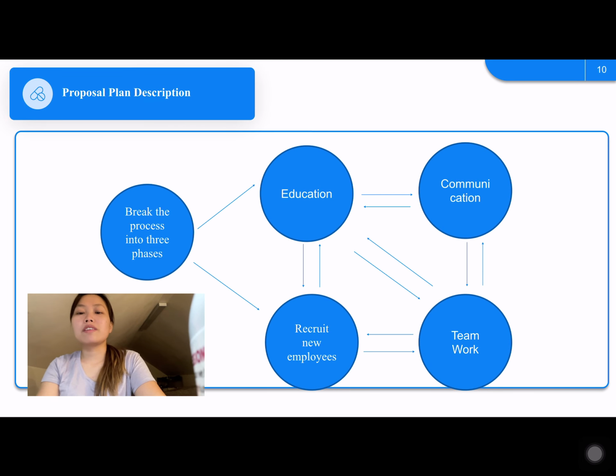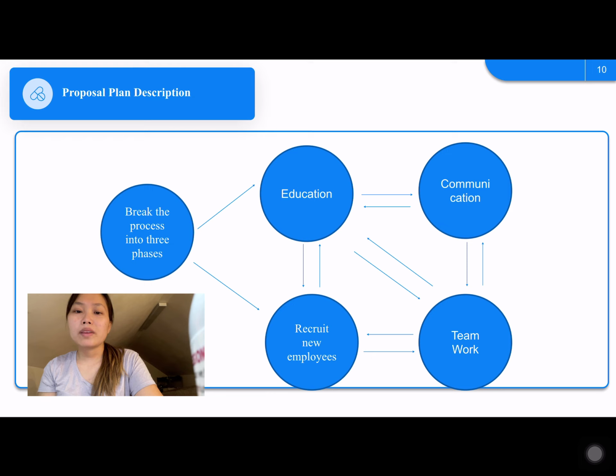So like I mentioned in a previous slide, this intervention, including the turn team and the automatic reposition system, is very beneficial for ICU patients and ICU nurses and staff. However, we need to know how to implement the intervention in the right way and also find solutions for communication. So in this slide, I would like to mention the proposal plan description, how I convince and how I apply